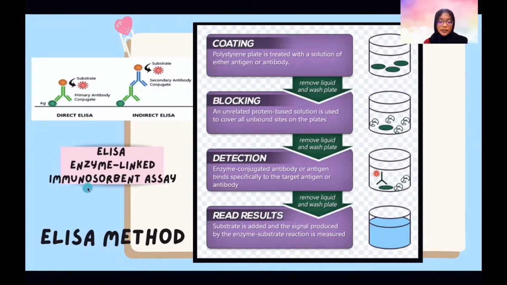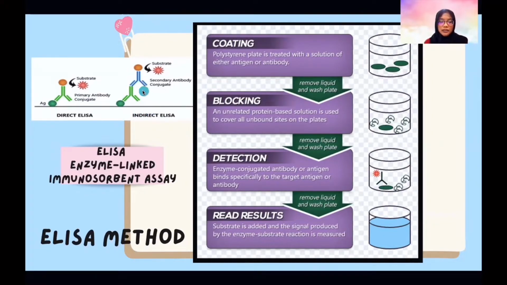Now I will be presenting about the ELISA, which is the acronym for enzyme linked immunosorbent assay. So here, this is the method for the ELISA test, whereas in this report, we have direct ELISA and also the indirect ELISA. The direct ELISA is specifically for primary antibody conjugate, and the indirect ELISA we have